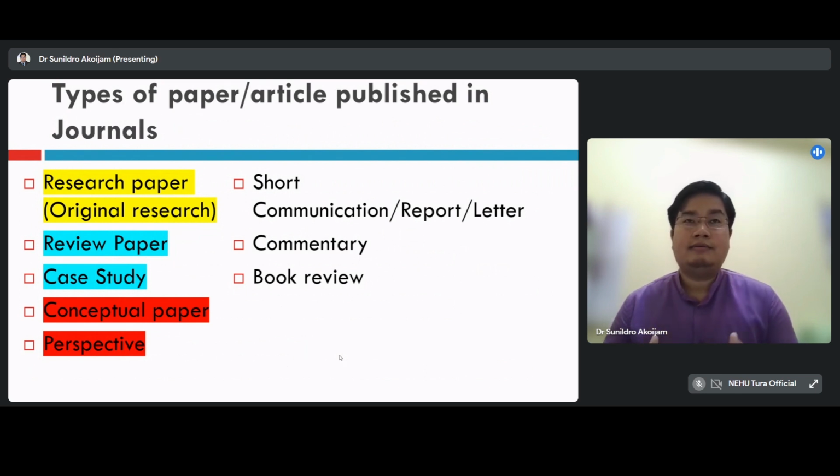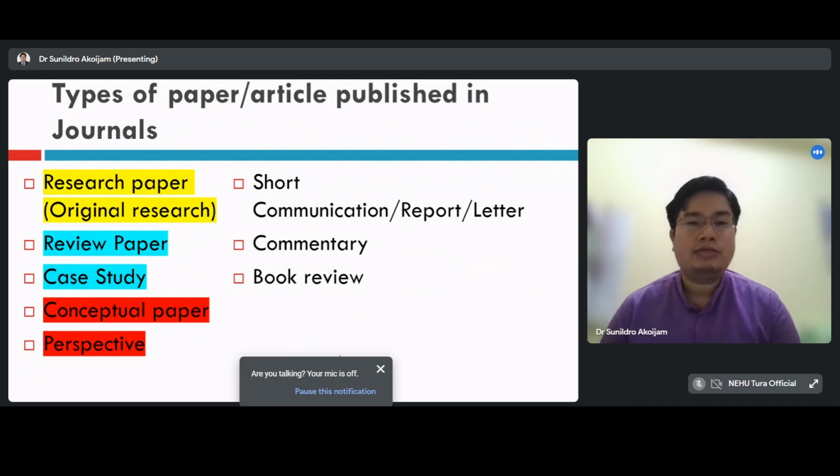These papers, I must say, are normally written by someone who has a rich experience in that particular domain. Let me recommend that early researchers or young faculty should not try to write this kind of paper in the early phase of their paper writing. Once you have gained a thorough understanding of the research conducted in a particular domain, then you can try for this kind of paper. So let me tell you what these two types of paper are.